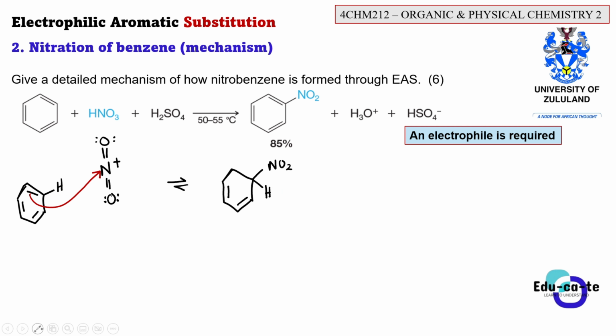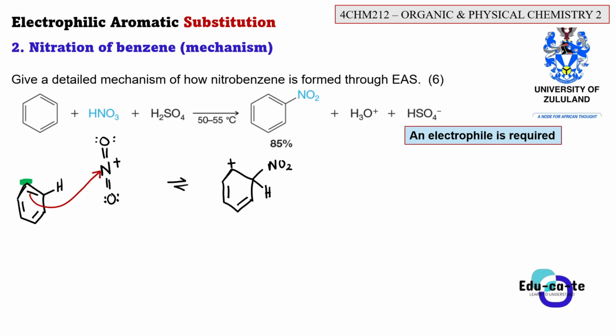What about the other carbon that was part of this double bond? At this point, this carbon here was perfectly neutral. It was neutral because it had 4 bonds around it. We can count them right now. This is 1, this is 2, this is 3, and there is a hydrogen here. So this carbon had 4 bonds and was perfectly fine. But now this carbon has been taken away from 1 bond. So it will now become positively charged. So we'll have a positive formal charge here.